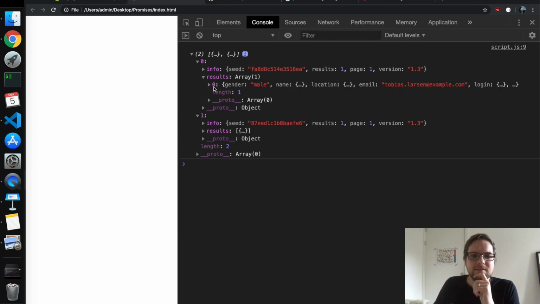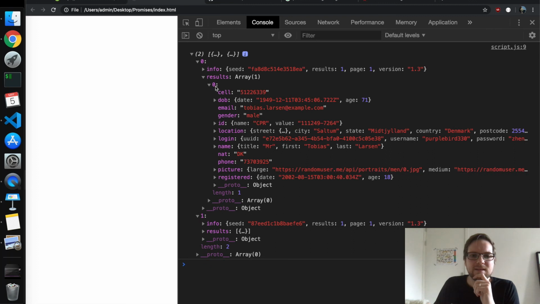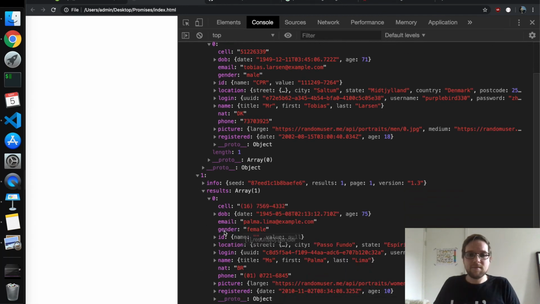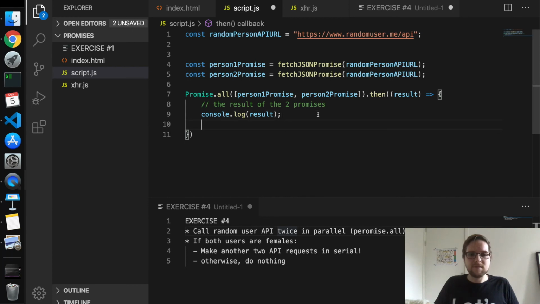And the results, they have 0 once again, because this is the API that we already know, and the gender here. So we need to call the array. We need to call the first one to get the results, and then gender to get the gender of the first one. And we need to do similarly the gender of the second one. So let's do this. Console, const gender1. It will be result 0 dot